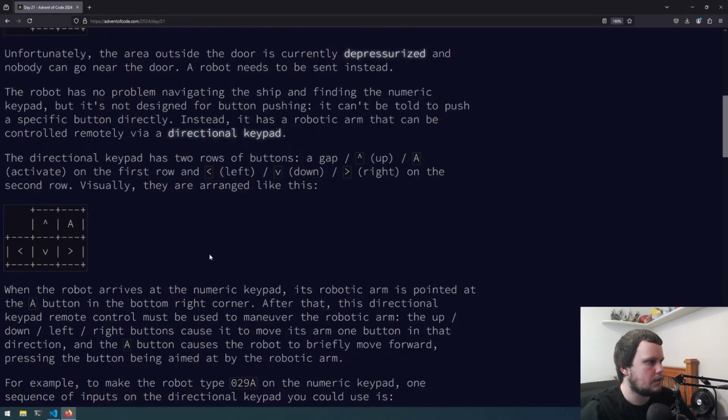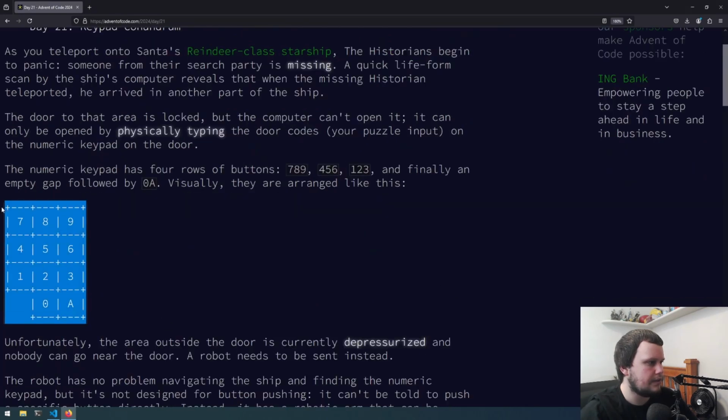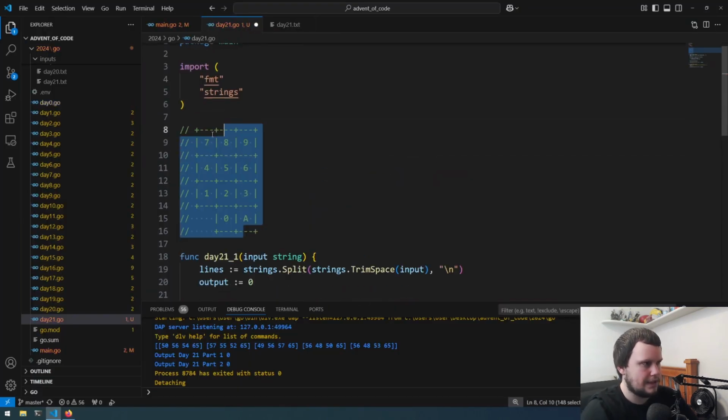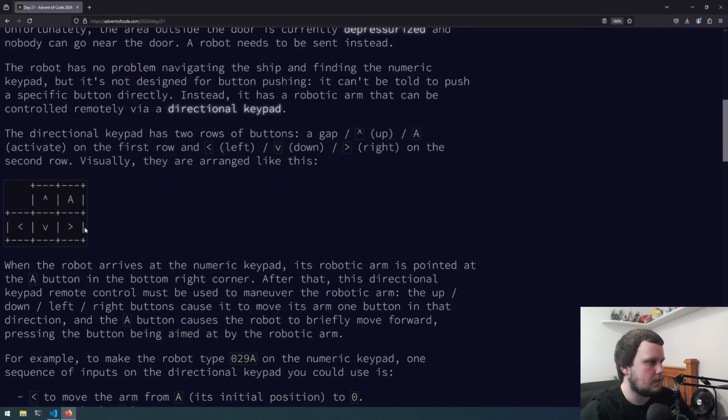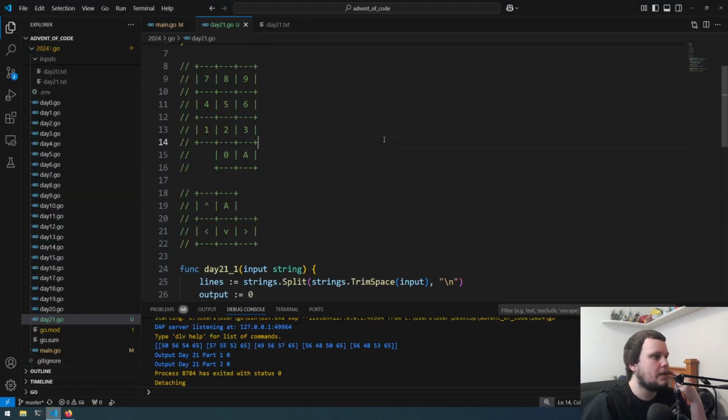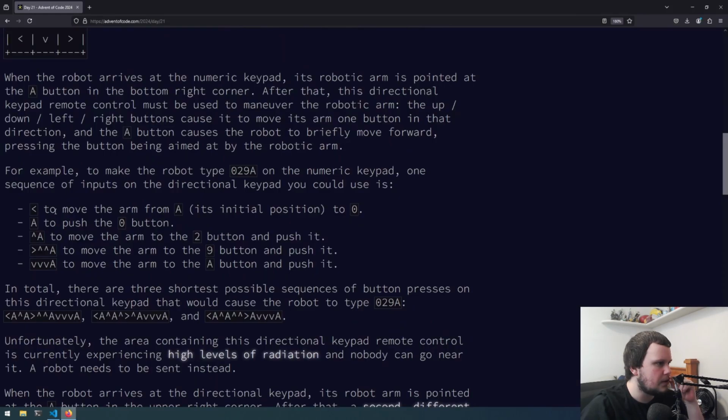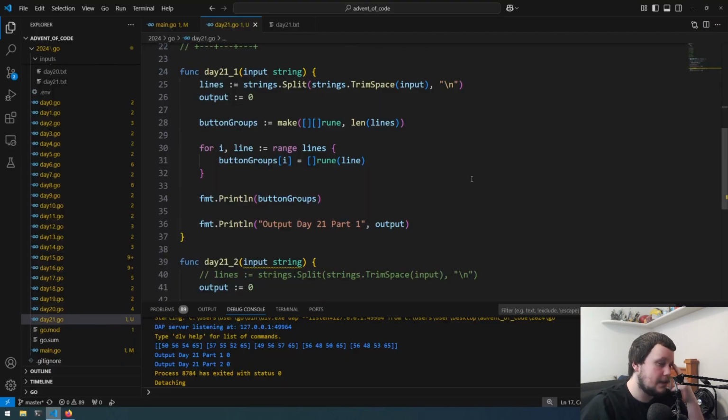So let's take a look at this first, and we will just get all the keypads just so we can see what it looks like. Okay, so we have this. I think it said for both of these they start on A. Yeah, so that one goes to the left and that. So I guess we start off,